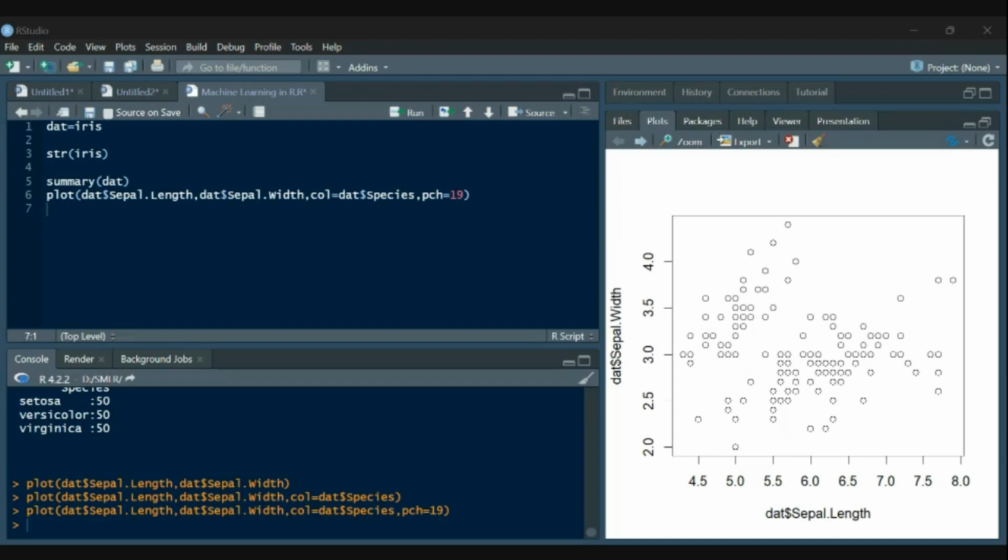Let me know whether the problem is solved or not. Just type iris.